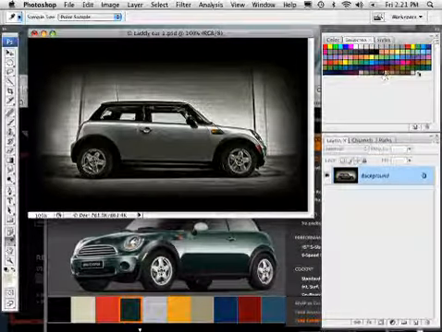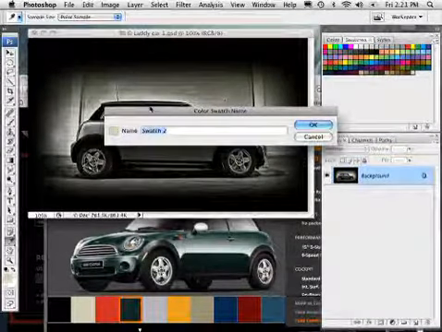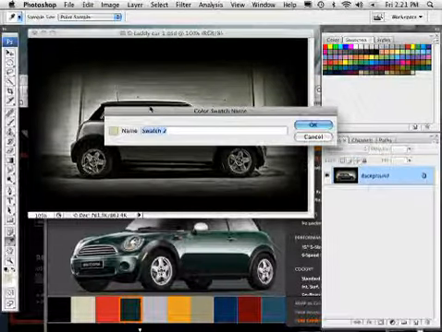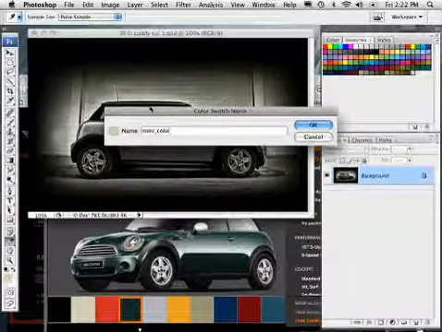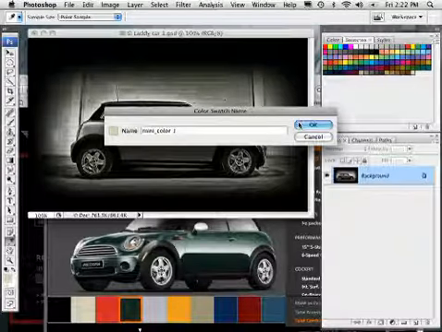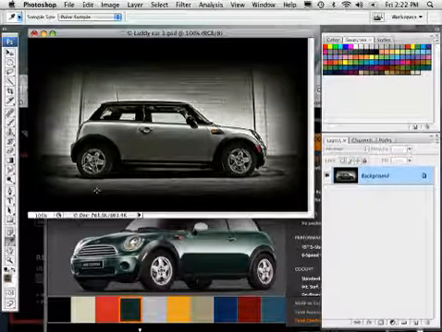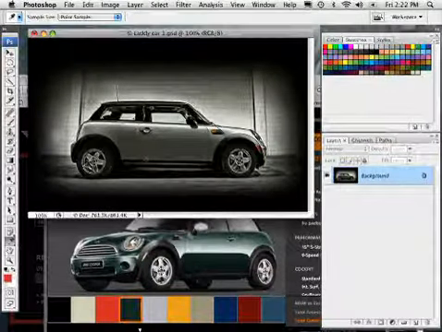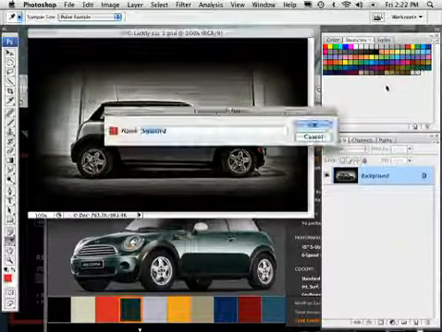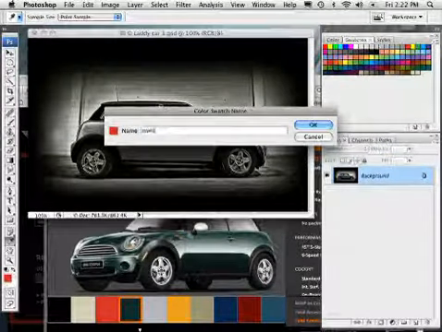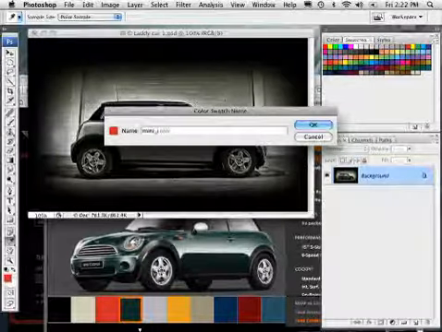Go in here into my Swatches panel, click, and we'll add it, and we'll call it Mini Color 1. And we'll do the same with the others. So we'll get this red color here, and again, we'll save it. Mini Color